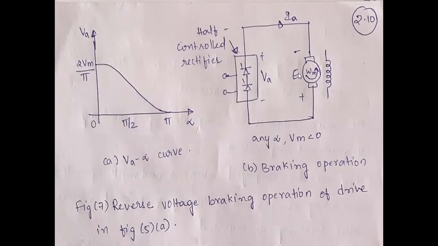Such braking is not efficient, and it also causes large current to flow through the rectifier and motor. If large current flows, what happens? The motor or rectifier has copper windings, so the wiring will be damaged, and the entire motor will be damaged. So this drive cannot be regulated by adjustment of firing angles, because it damages both the rectifier and the motor.